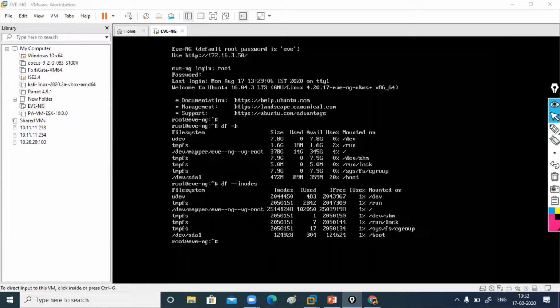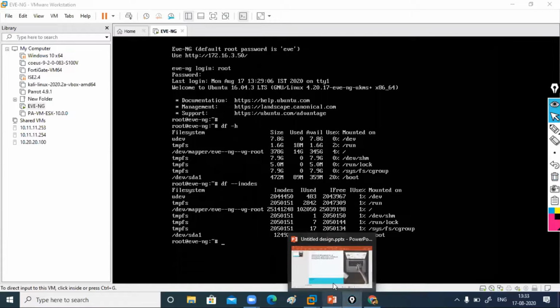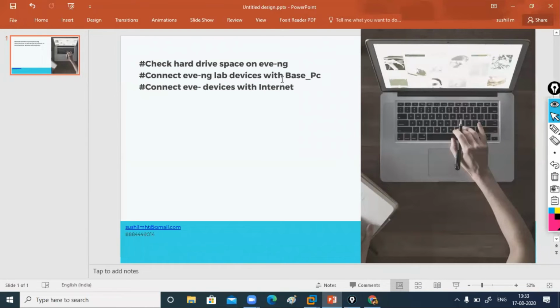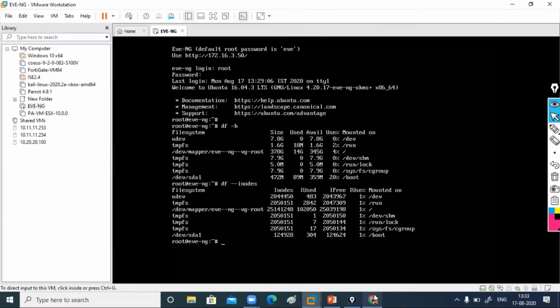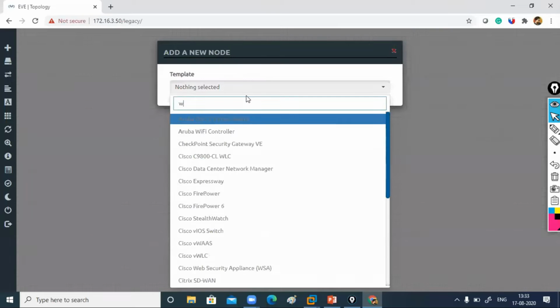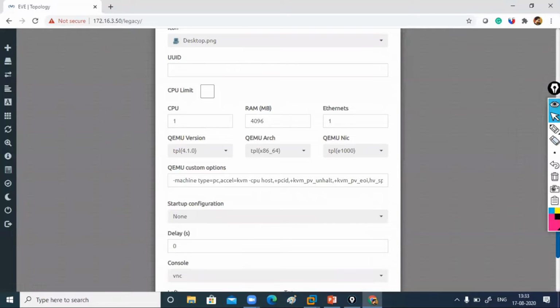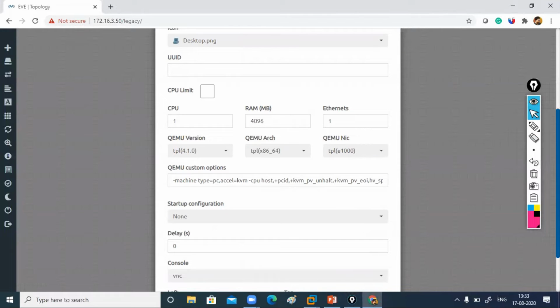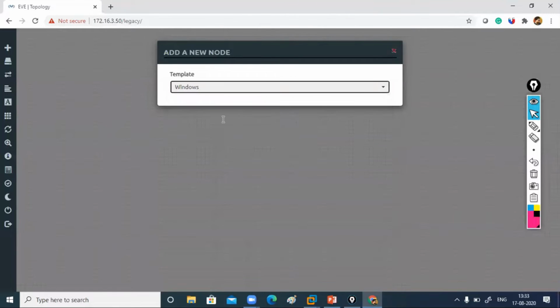Now the other task we need to do is to see how to connect your EVNG lab with your base PC. So let's see. First of all, I'll create one lab, and here I'll add one device. Let's say I'm taking a Windows PC. Let me take another Windows PC,